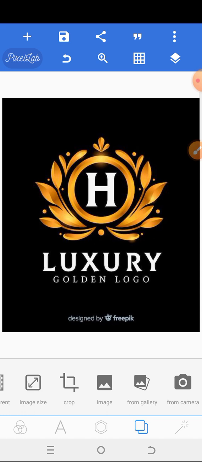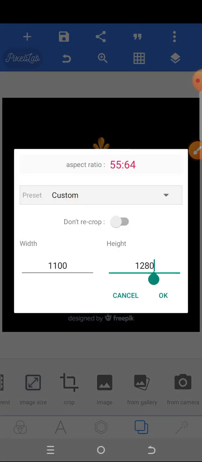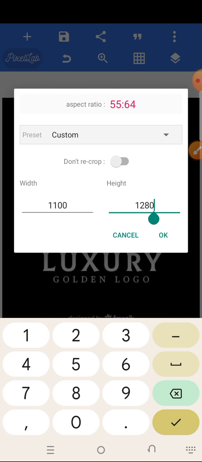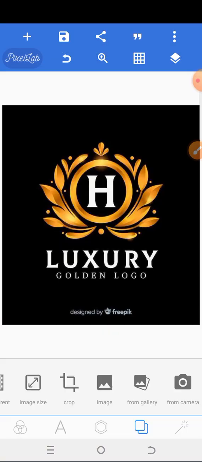Okay, that's the width. What of the height? Let me just put it at 1200. Good, still nice like this. Okay, so if that is the case,